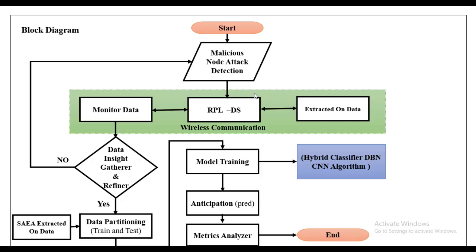Our project flowchart is as follows. First, we start with the Anaconda Navigator Spyder tool and generate the RPL routing dataset as synthetic data. After that, we perform data pre-processing. In data pre-processing, we apply the data loading process, and pre-processing consists of three steps. One is handling missing values, label encoding, and after that